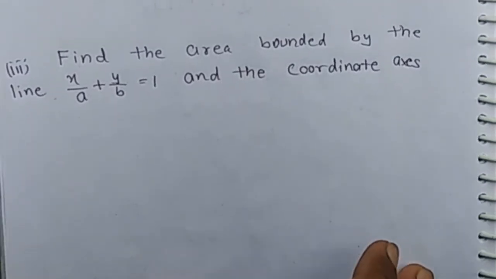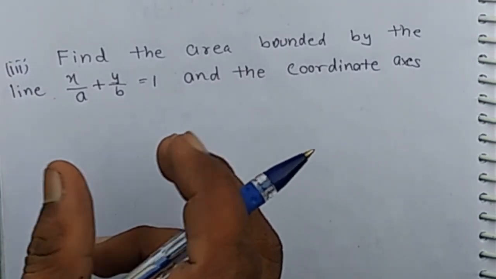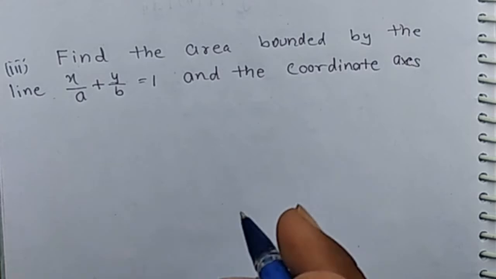Now find the area bounded by the line x by a plus y by b equal 1 and the coordinate